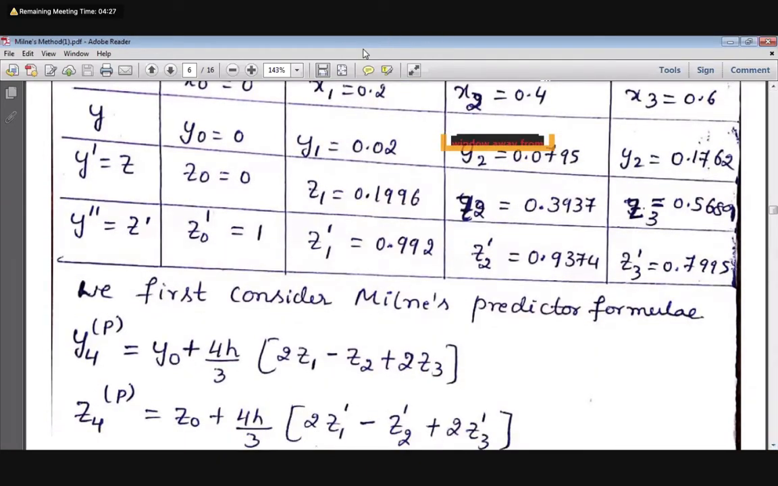After finding out z0 dash, z1 dash, z2 dash, z3 dash, take Milne's predictor formula. What is Milne's predictor formula? Y4 of p equals y0 plus 4h by 3, 2z1 dash minus z2